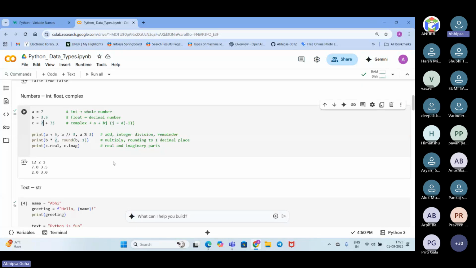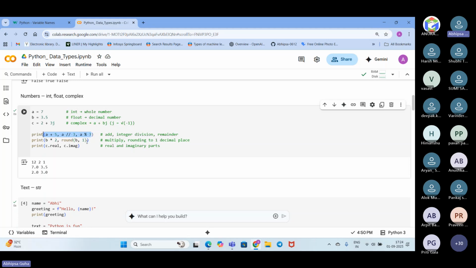It is adding, then doing integer division, and then getting the remainder. We can just store the values in variables and do the operations like this.